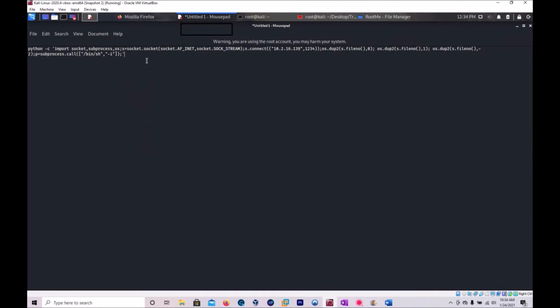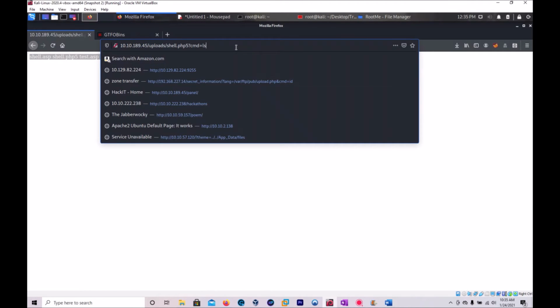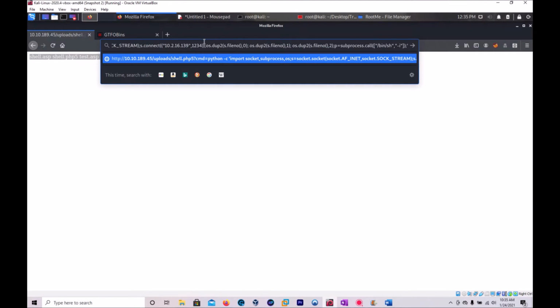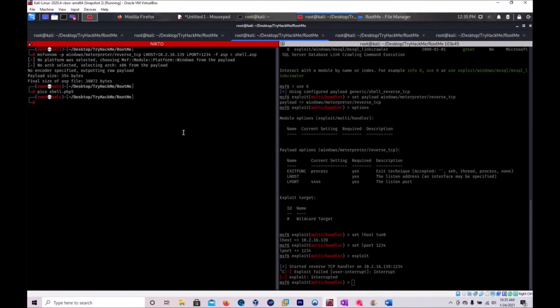Now that we have success with this here, we're going to go ahead and kick off a reverse shell. We're going to use Python for this one. So this is the script that we'll be using here. And of course, we're going to be specifying our target IP address and our port number here. So we are going to type that there and not do anything yet, because we got to set up our